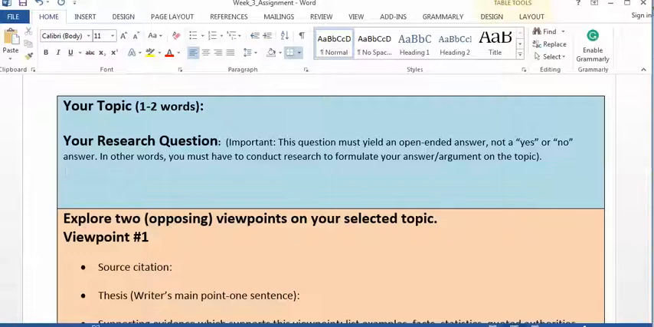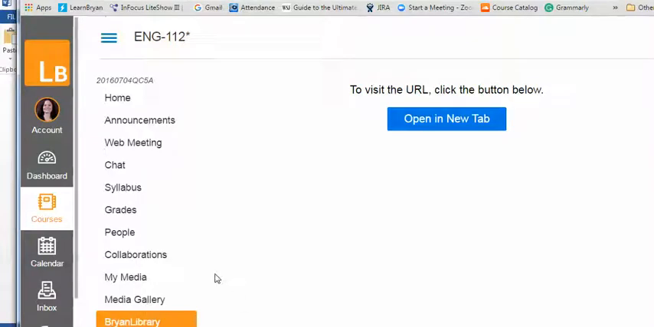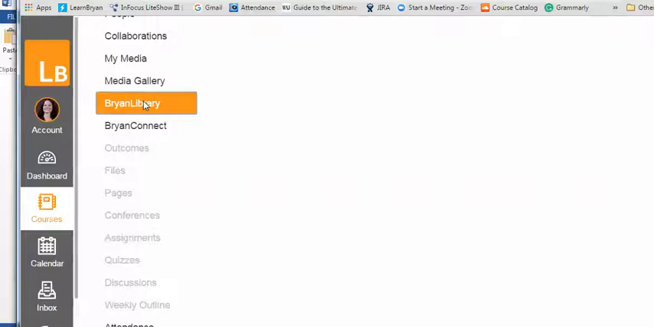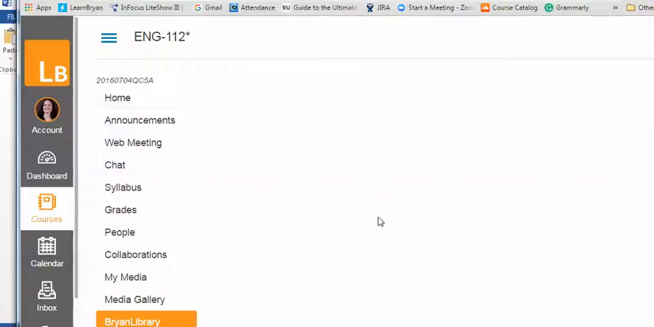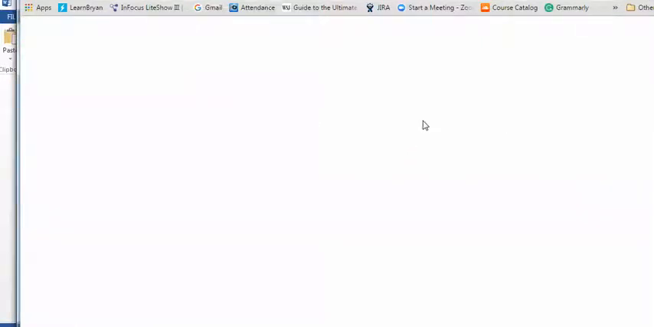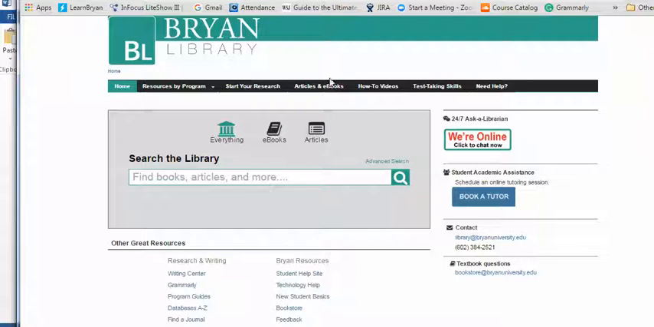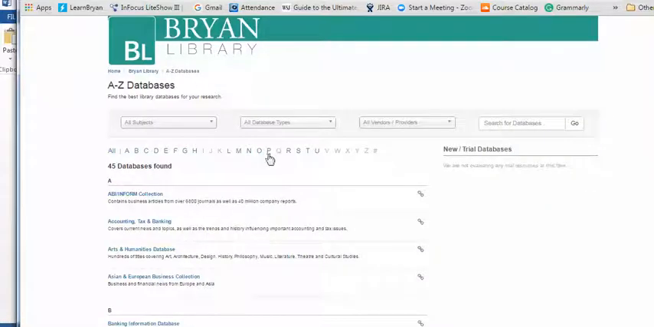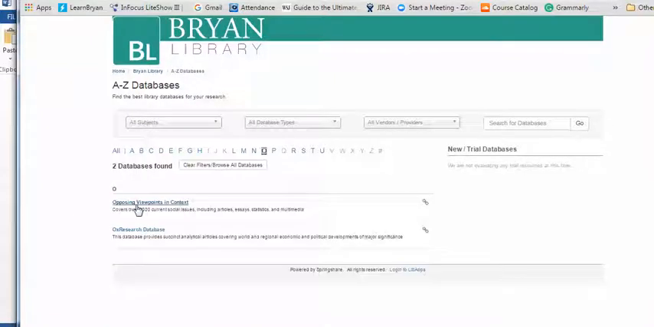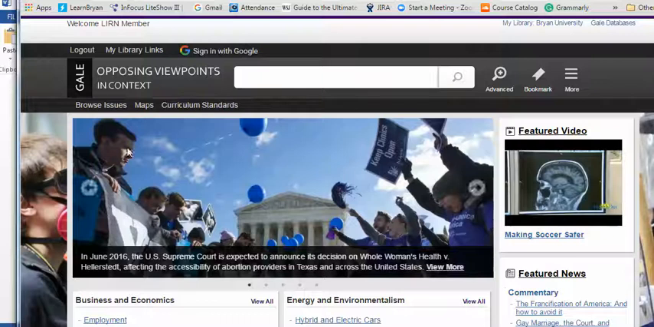So the first thing I'm going to do is open the database. So click on Bryan Library, open a new tab, go to Articles and eBooks, click on O, and then Opposing Viewpoints. And once you get here, go to Browse Issues,